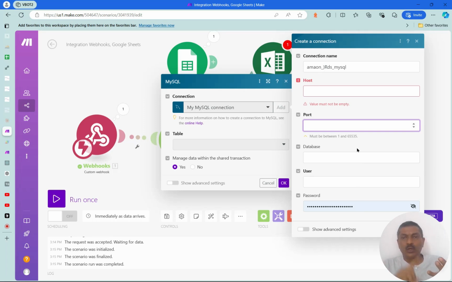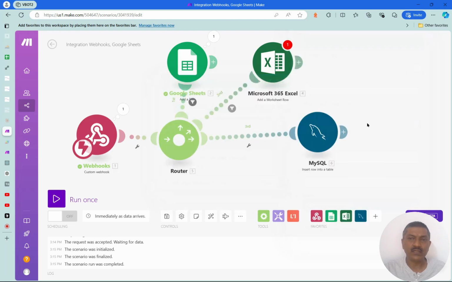You will always need a host or the IP address, and you will most of the time need a port. MySQL has a default port, I keep forgetting what it is. Same thing: database or schema, user, password. So once you save this, then